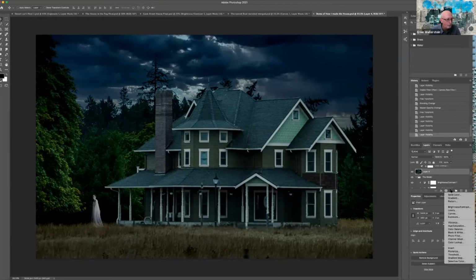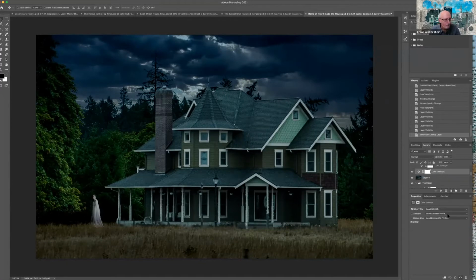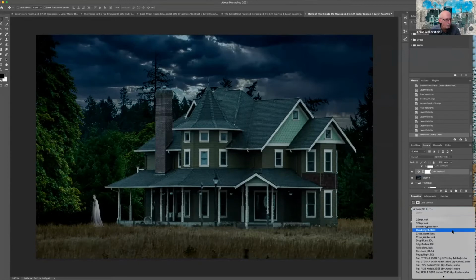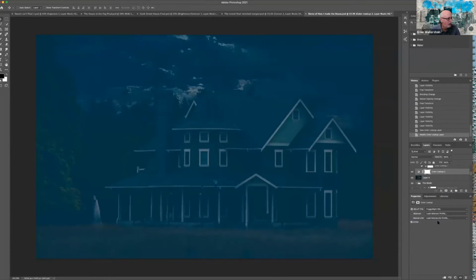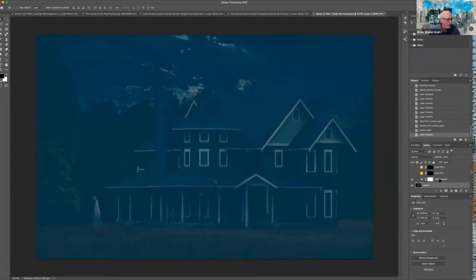Those are here. You go down and you choose color lookup, and you get this drop-down menu here, and you get all kinds of selections. And I started with, I think it was Foggy Night. So I had Foggy Night, and there's what you get. But in my case, after I got Foggy Night,